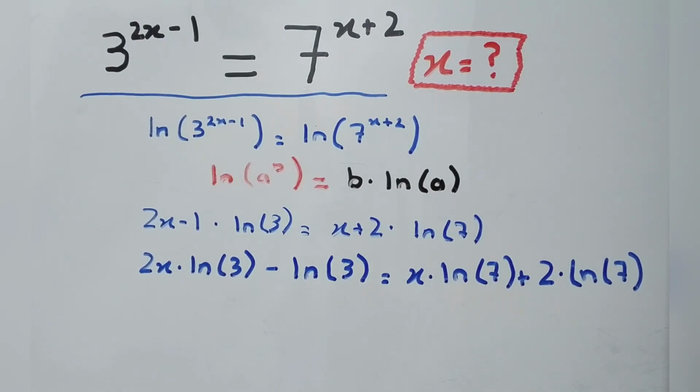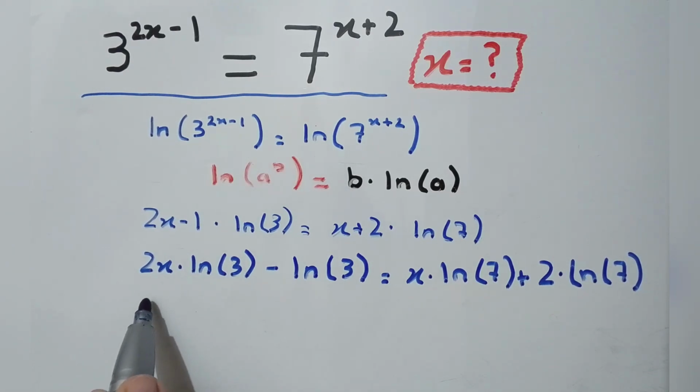Now you'll notice that the terms of x are spread out on both sides, and the next step is to group them together. To make this easier to solve, let's group all the terms with x on one side. Let me just show that to you. I am shifting this term to the left hand side and ln 3 to the right hand side, so that all the terms containing x come on one side of the equation.